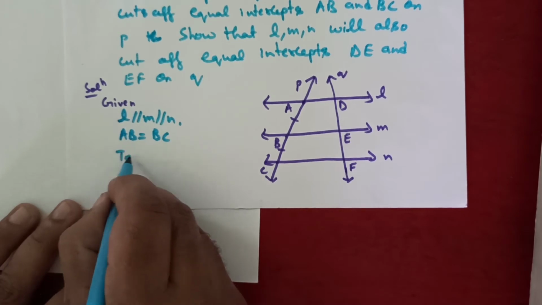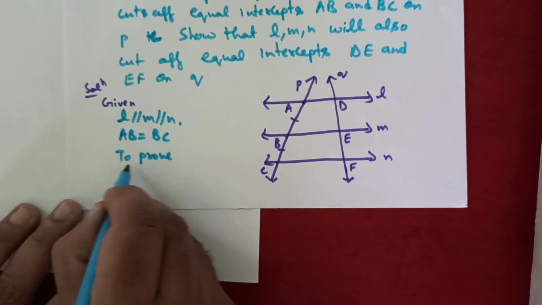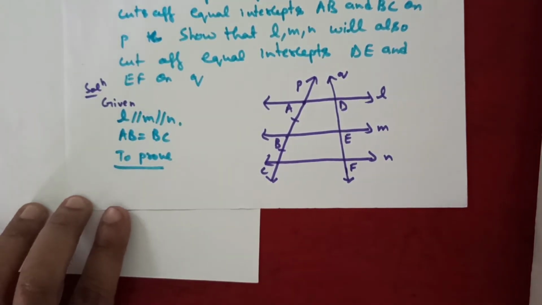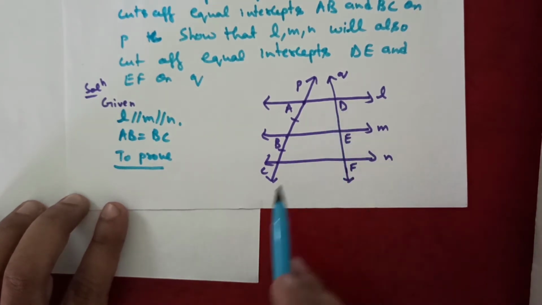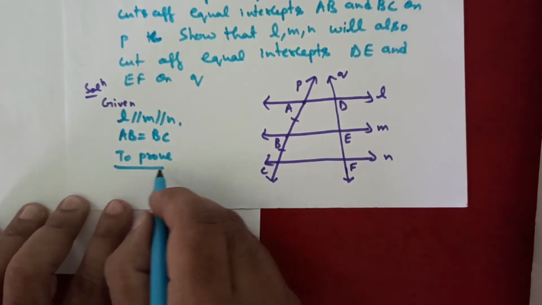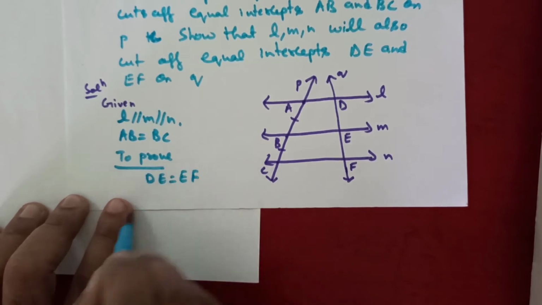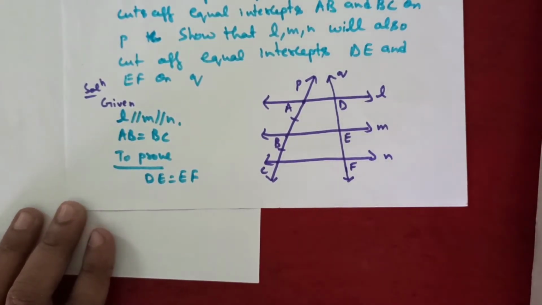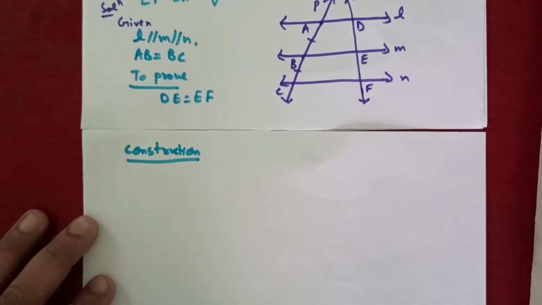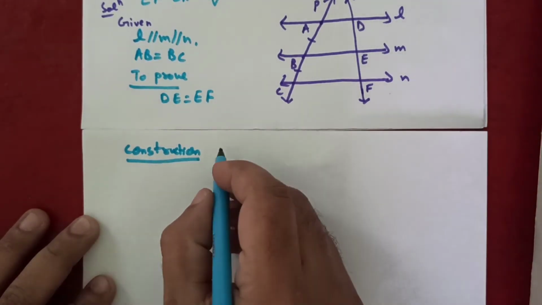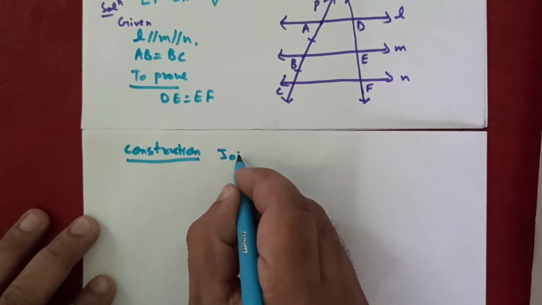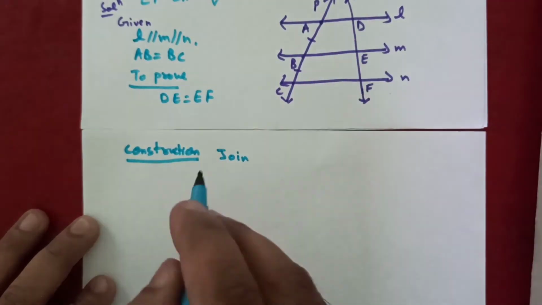And we need to prove that it will also intersect equal intercepts on transversal Q, that is DE is equal to EF. This is the question. Okay, let us proceed with the question. So first of all we have to do the construction. We will join point A to F,